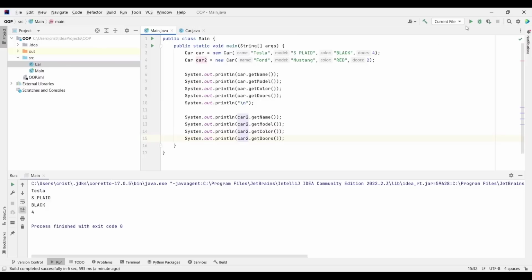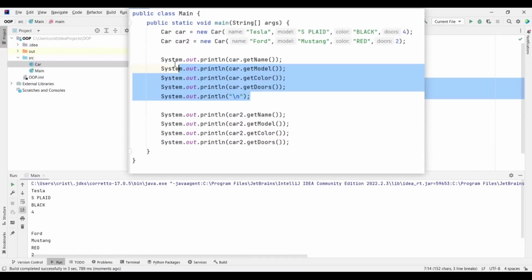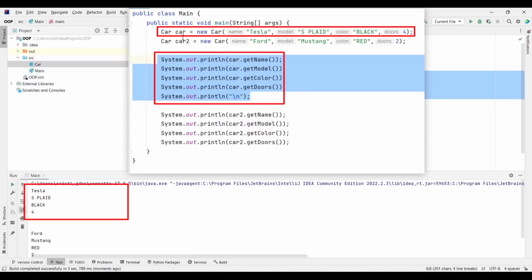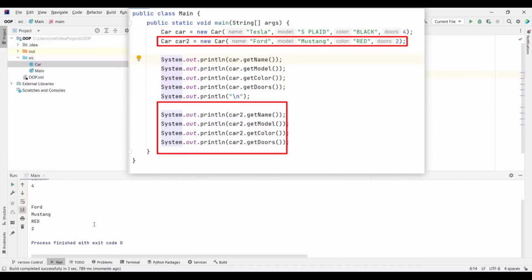So now if you run this, as you can see, we have first Tesla S-plate black 4. So this is coming from our first object that we created above. And second, we get Ford Mustang Red and 2. And these are the values for our second object, which is stored in the variable car 2.